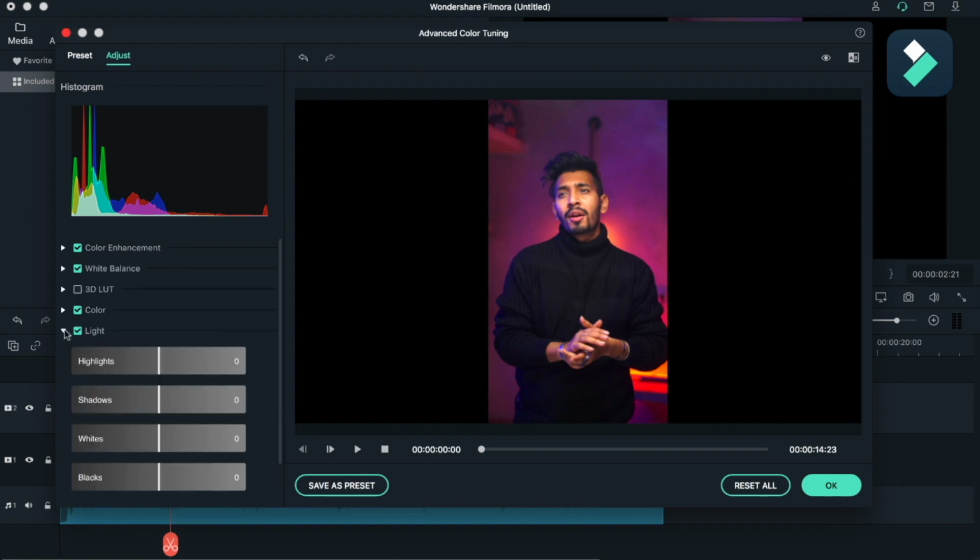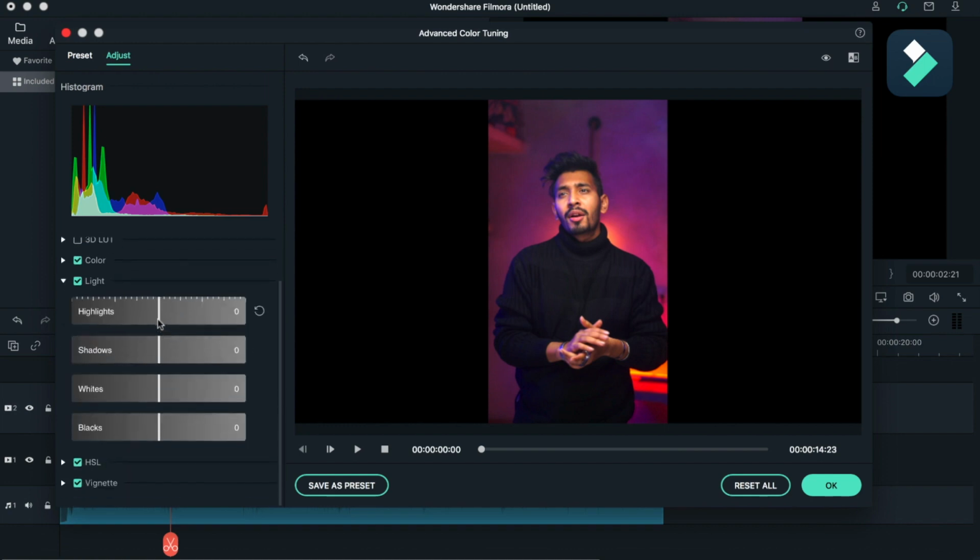And after that, I'm going to highlights. I will save some highlights by dragging it down. And I want my blacks to be more black.